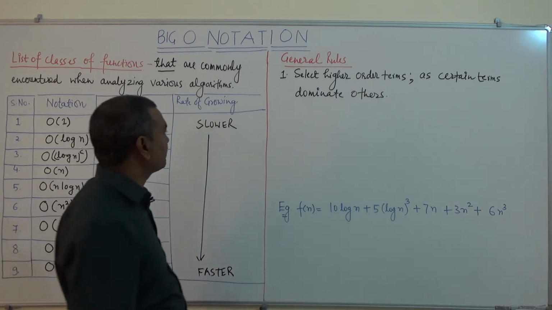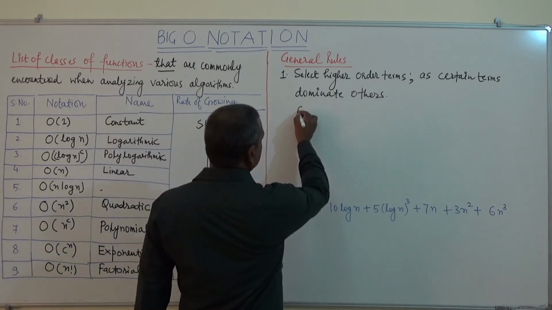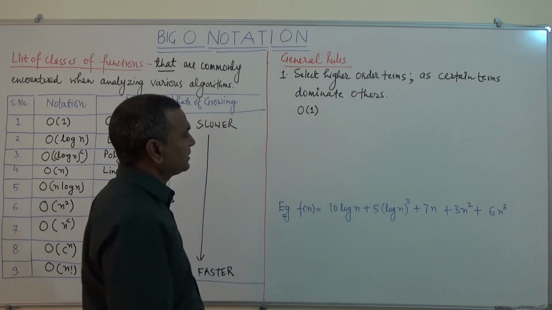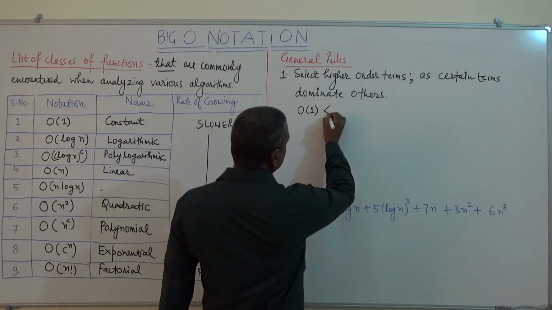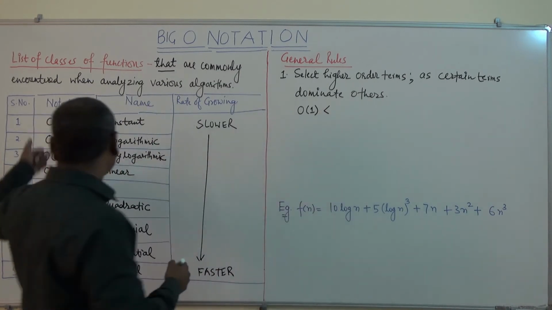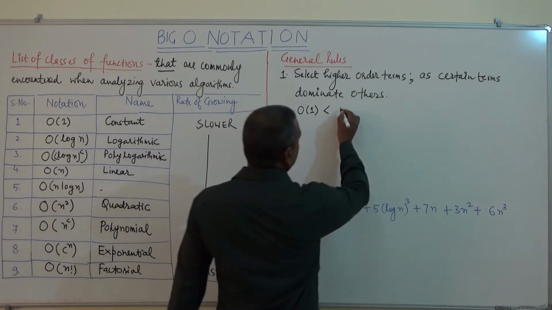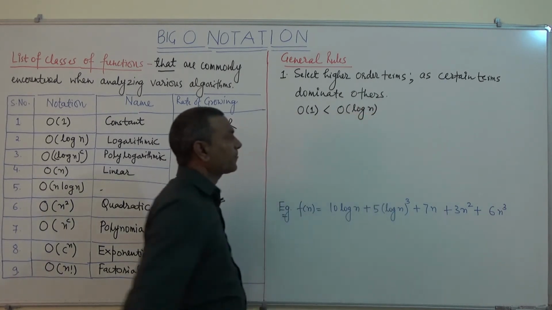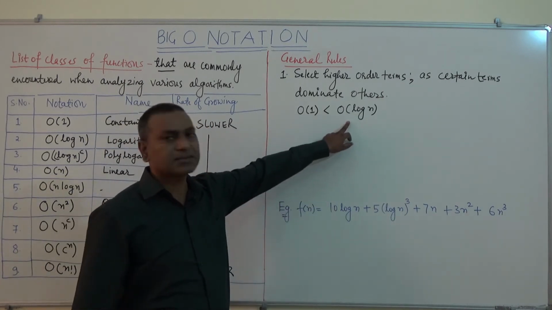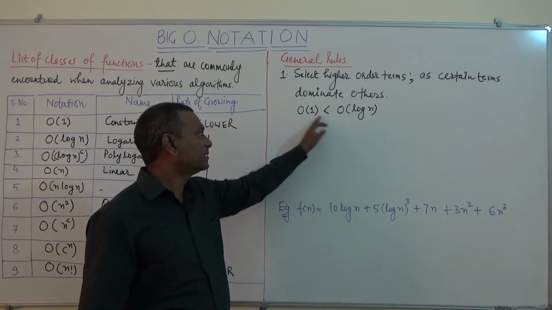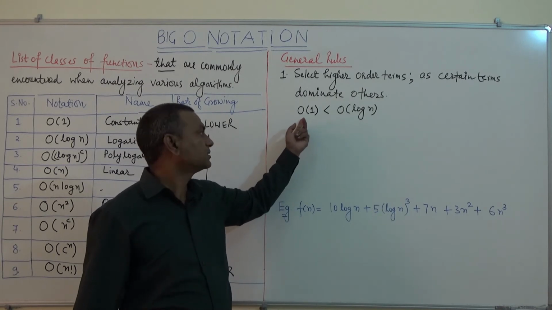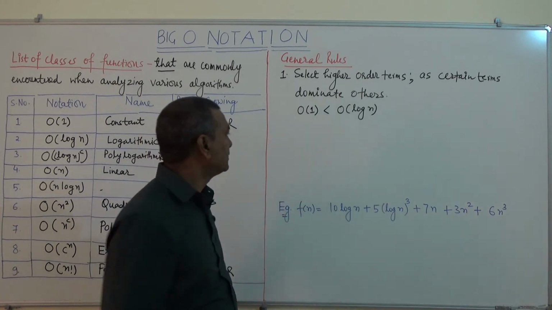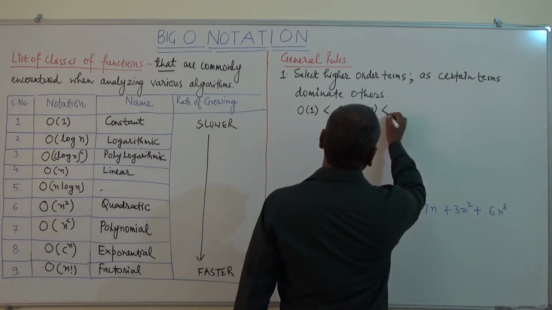Like we can see, order of 1 is less than order of log n. It means big O of log n will dominate big O of 1 as per the order, and then this is less than